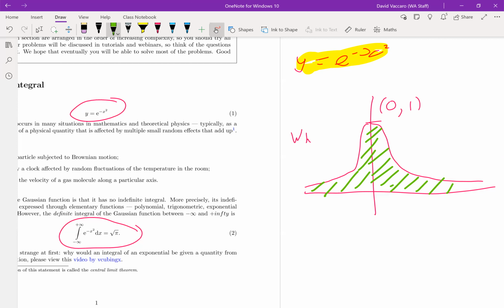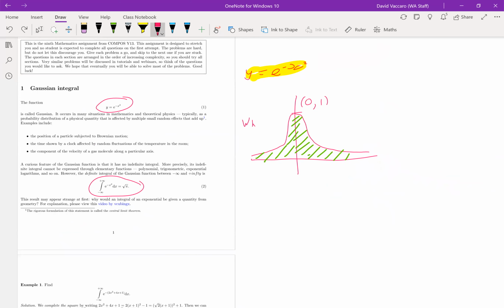Okay. What we're going to do now is actually evaluate the integral, and I'm going to show you how we can show that this green area is the square root of pi. The first step of this journey, which seems unnecessarily complicated, is that I'm going to imagine that we take